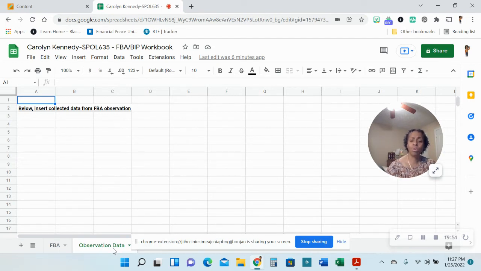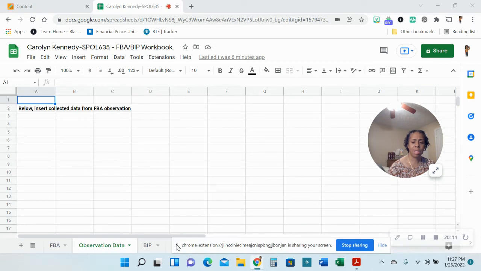And then you are going to create a graph as well, just like you did for your reinforcer survey and for the data collection project. So you're going to have your data and your graph here in this section. All right. Once you have done that, the next thing that you're going to do, if I can get this to move out of my way,